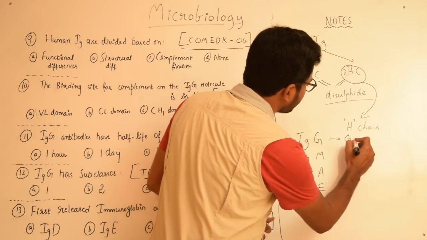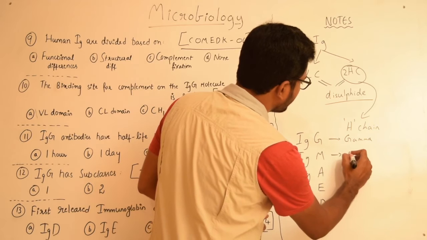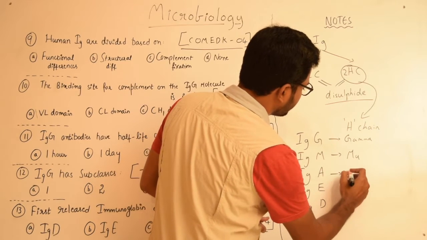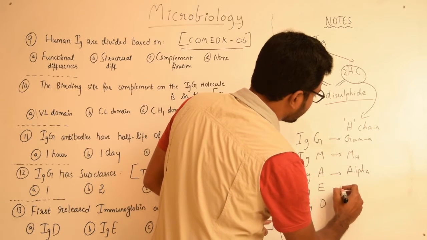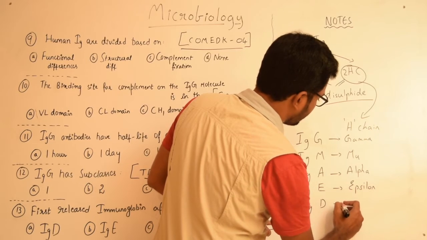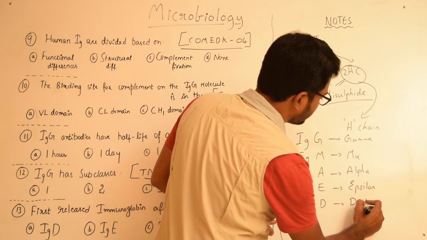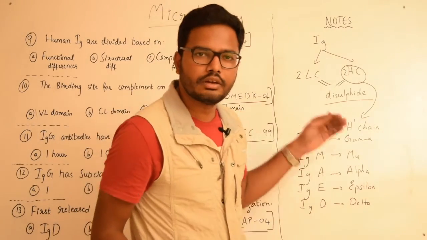G stands for gamma, M stands for mu, A stands for alpha, E stands for epsilon, D stands for delta. This is because of the difference in the structure of the heavy chain in various classes